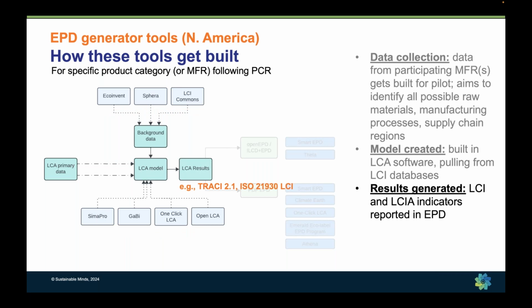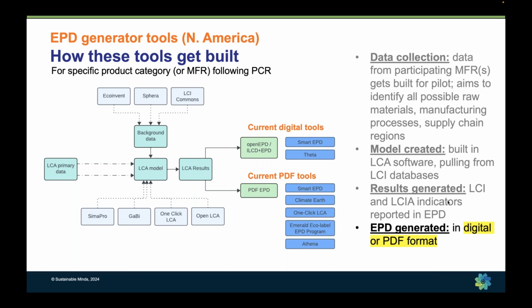And then once that model is built, it can be used to generate the results required by the PCR for a specific product. So those results are then captured in the EPD, which, depending on how the tool was built and how it accepts user input data, is generated automatically in the form of the digital format like OpenEPD or ILCD plus EPD, or in the form of a PDF.